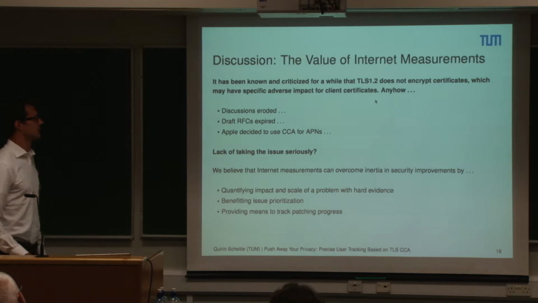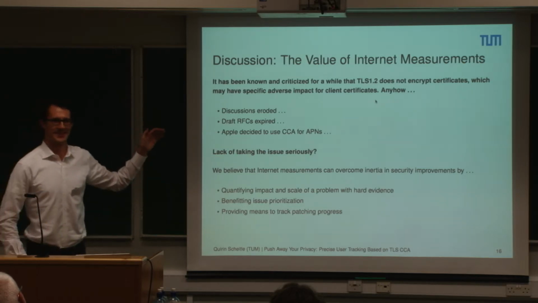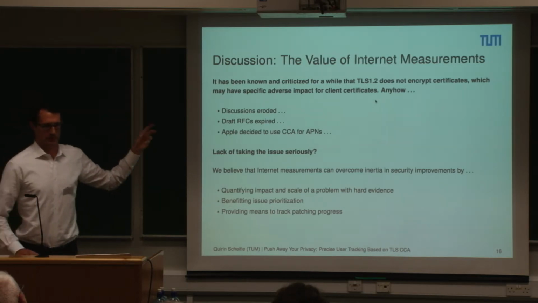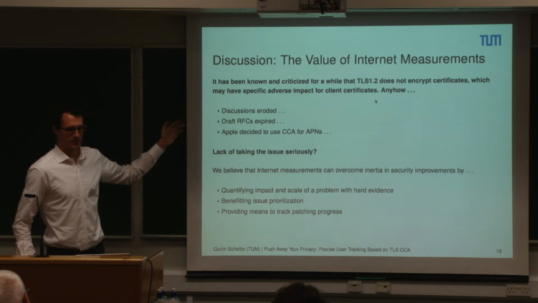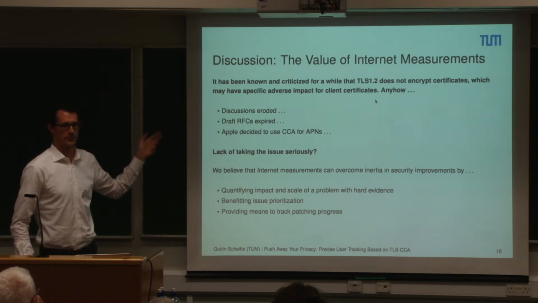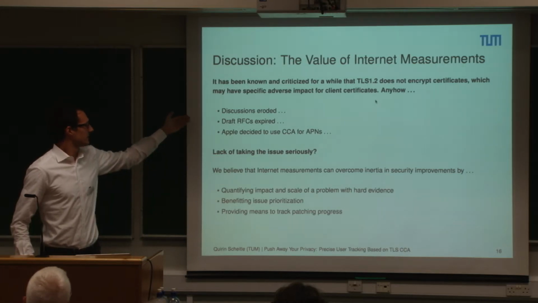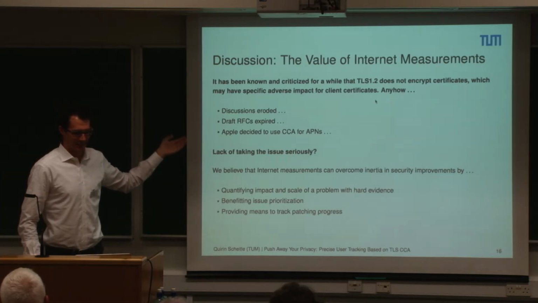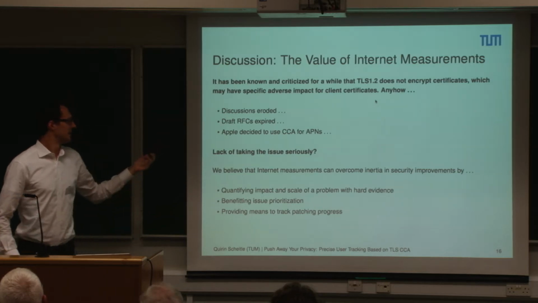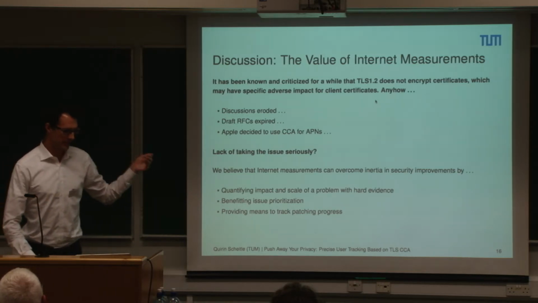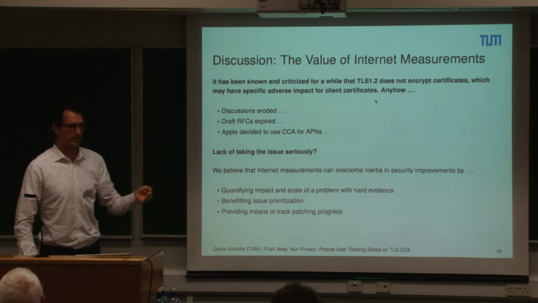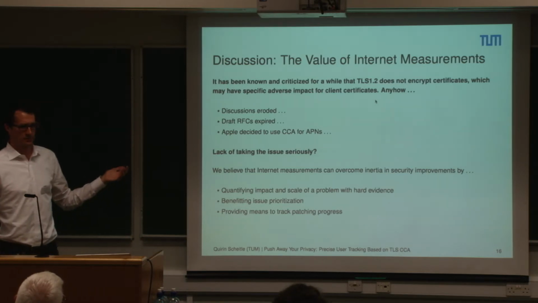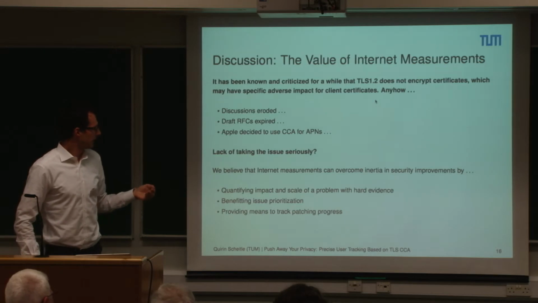And I think that also adds to, I guess we all believe in the value of internet measurements, but some people are skeptical. And I think this shows that it really has a value, because that point of TLS 1.2 certificates not being encrypted, it's been around in the community for a couple of years, and people have discussed it, but RFCs expired, and Apple still decided to use it. So you can't really say it's been known and that wouldn't have any impact. So we believe that by us sending this to Apple, saying this is the problem, this is the impact, this is the proof of how it can be exploited, we really help them to see, yes, this is a problem, because I guess they get hundreds of emails a day with potential problems, and to prioritize it.